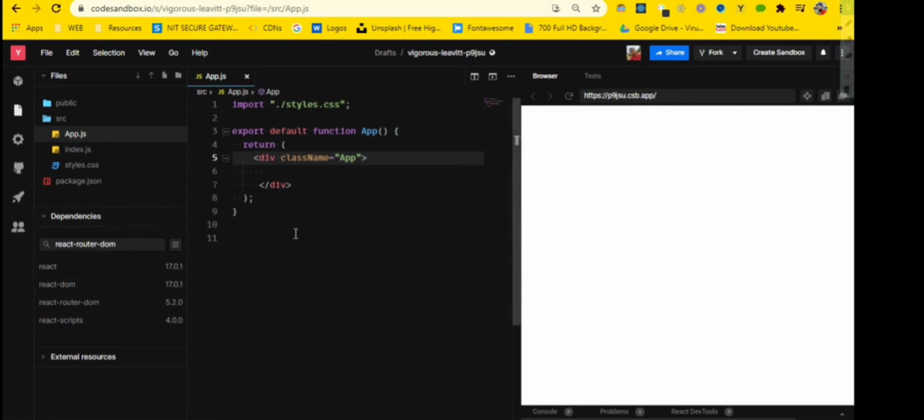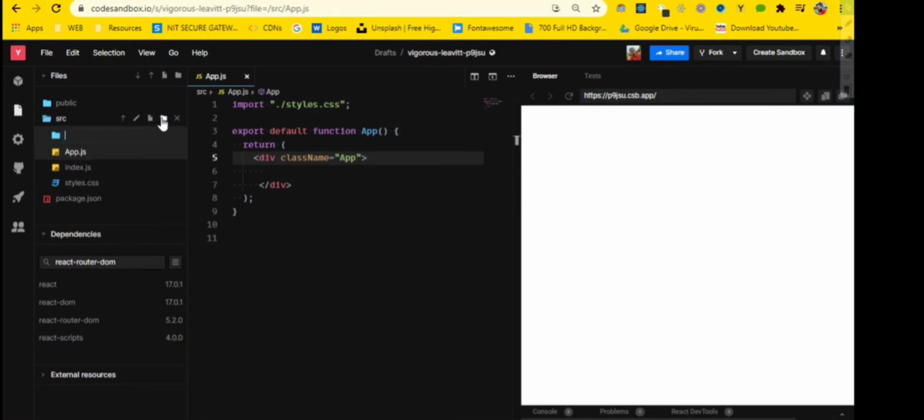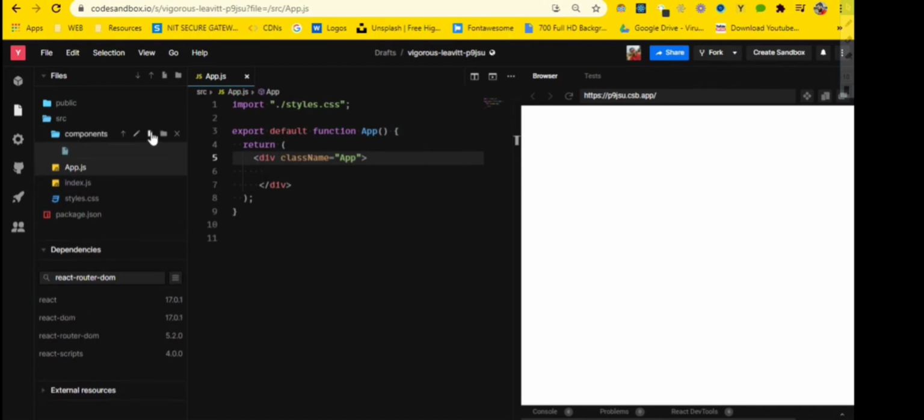So let's get started, and from here you can see in our source folder we have two files. So let's leave them as they are. Let's create a components folder. Yeah, in this components section, I'll create another file. Let's call this, what do we call it, like